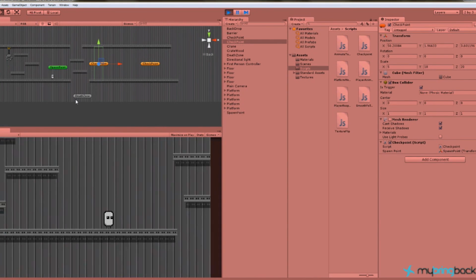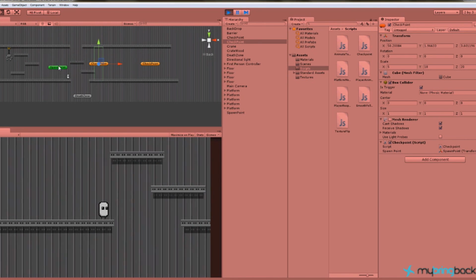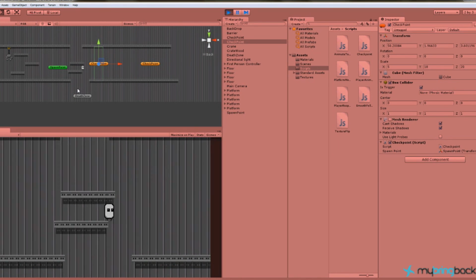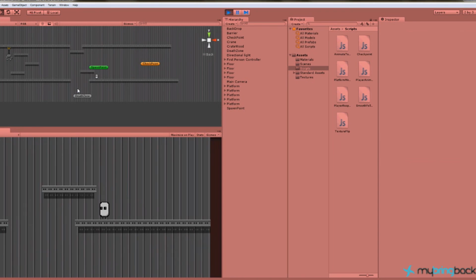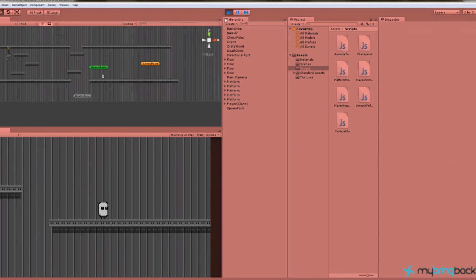And by doing it this way, we are saving on assets because we're destroying them. We have one single spawn point. We don't have to worry about players spawning randomly all over the place and stuff like that. So if I make it there, and then I die, I respawn. So that's the checkpoint system,